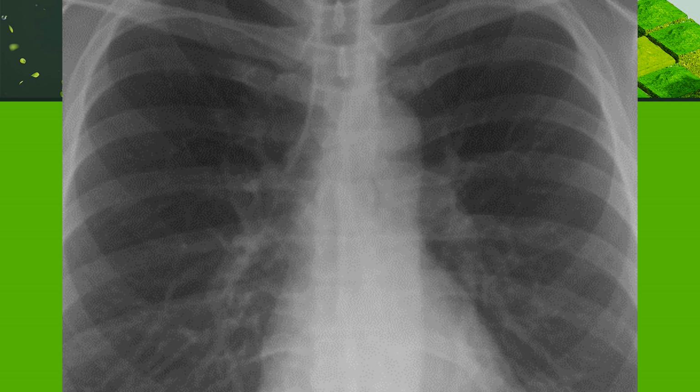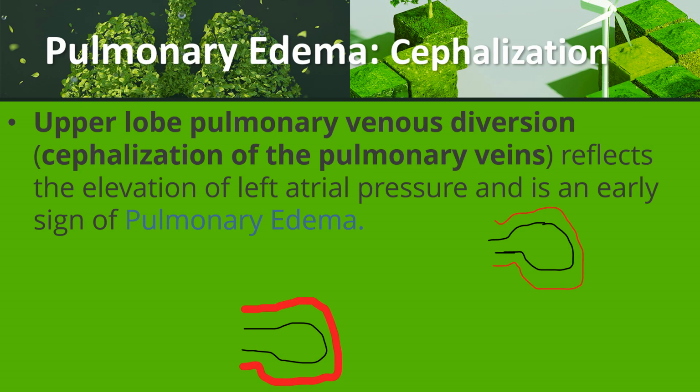As we discussed before in the pathophysiology of pulmonary edema, once left atrial pressure increases and there is back pressure in the pulmonary veins, the small pulmonary vessels and capillaries dilate and try to accommodate